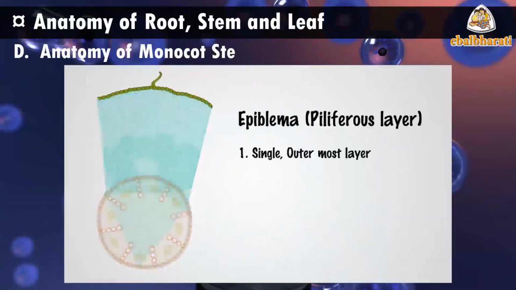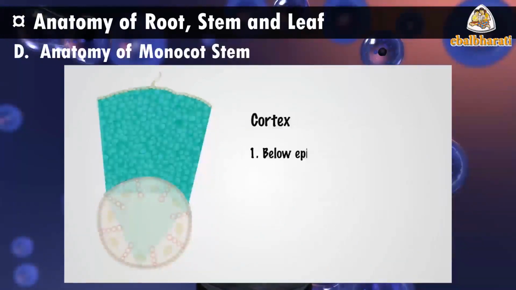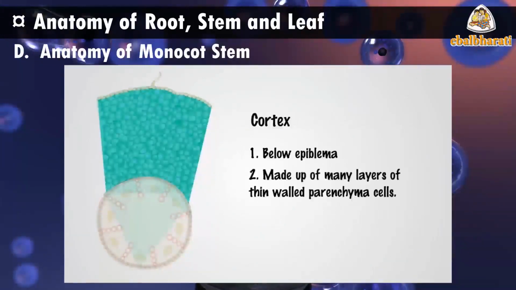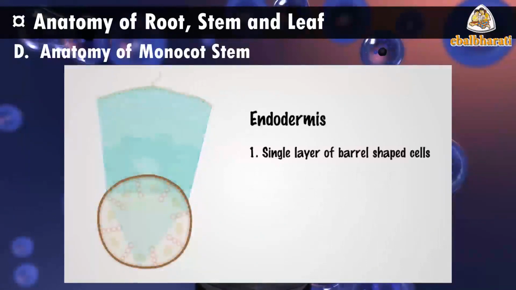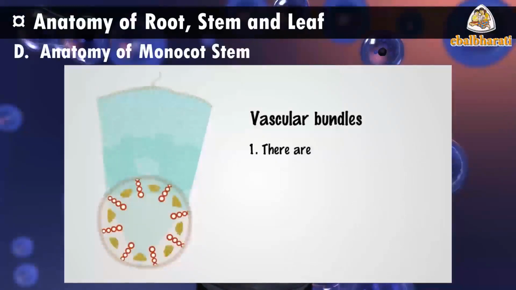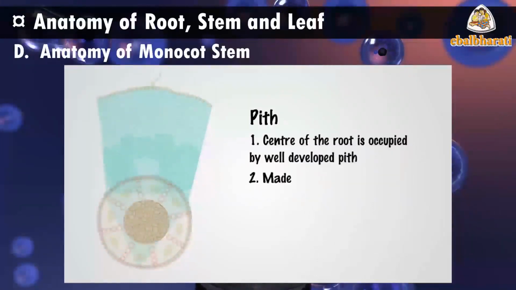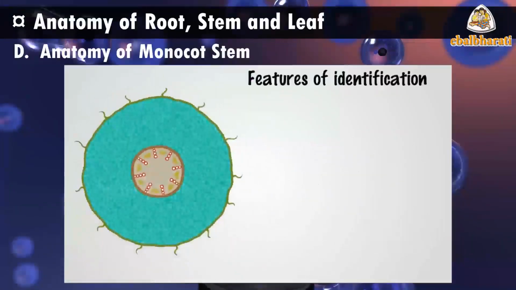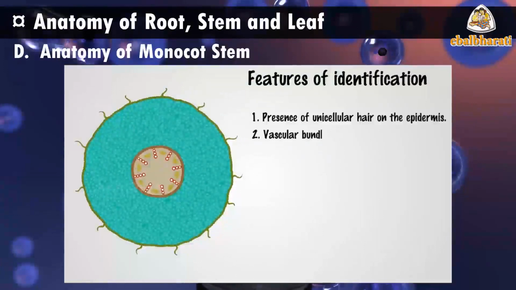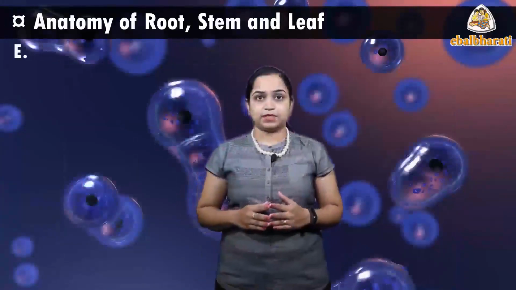Anatomy of monocot stem. It differs from dicot. Epidermis is without trichomes and hypodermis is sclerenchymatous. Vascular bundles are numerous and are scattered in ground tissue. Each vascular bundle is surrounded by a sclerenchymatous bundle sheath. Figure 8.17 shows a monocot stem.